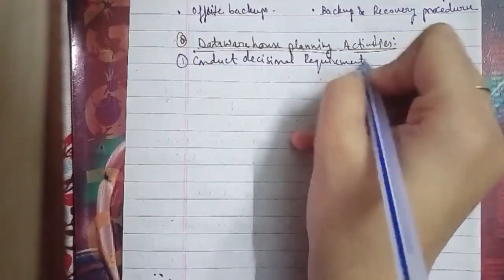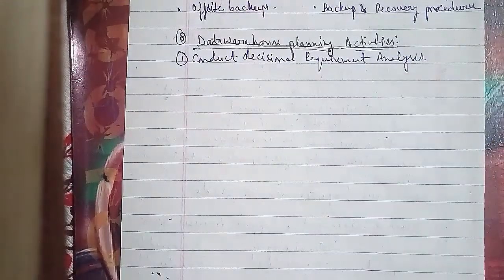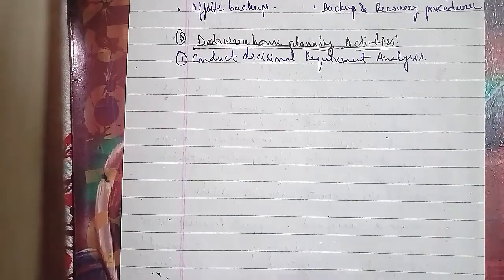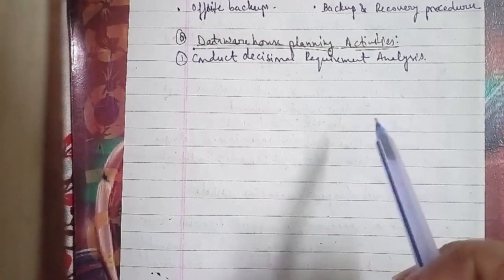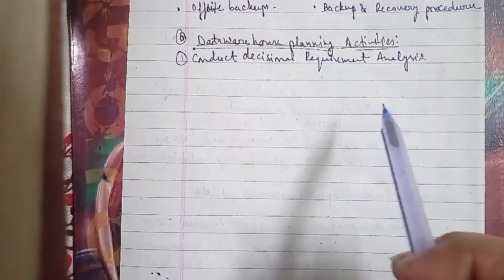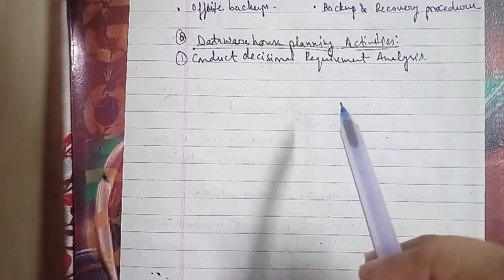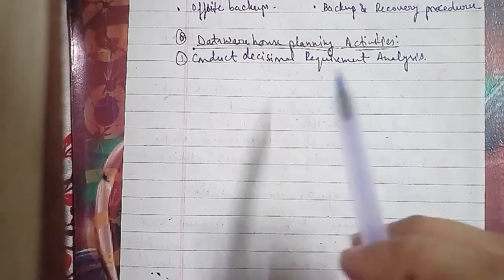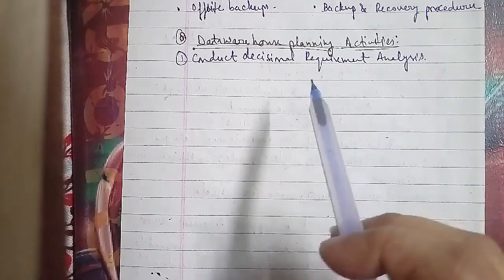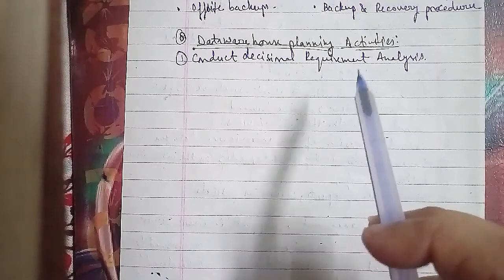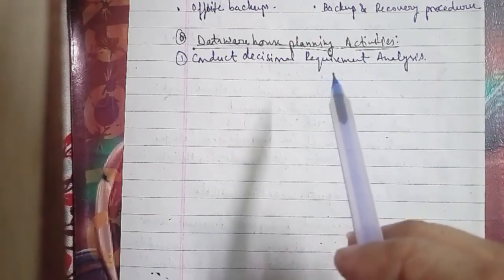In conducting decisional requirement analysis, the objective is to gain a thorough understanding of the information needs of decision makers. The top-down decisional requirements analysis represents the top-down aspects of data warehousing. In detail, the warehouse strategies result serves as the